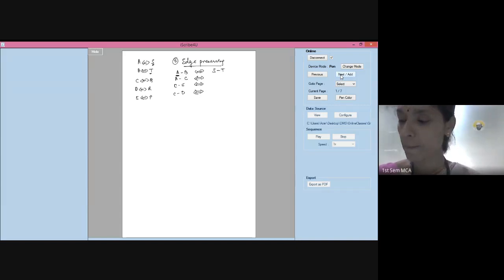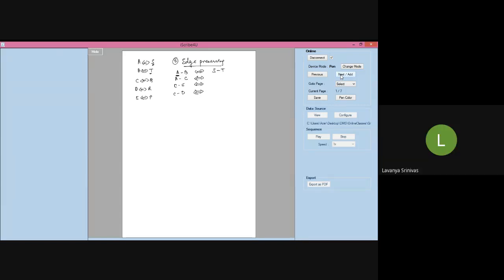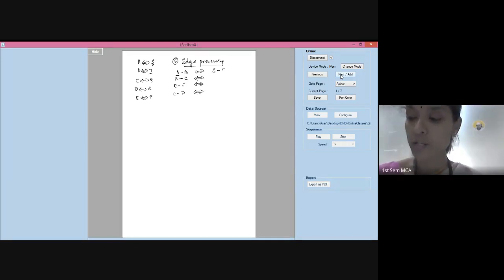Don't worry. A to C, there is an edge. Which is the edge which is equivalent? Which edge of G2 can I map to AC? That is what I have to find out. A is equivalent to S. C is equivalent to Q. So AC edge is equivalent to SQ edge of G2. Similarly, CE. C is equivalent to Q. E is equivalent to P. So QP edge of G2 is mapped to CE edge of G1. CD is QR. Yeah, QR edge of G2 is mapped to CD edge of G1.